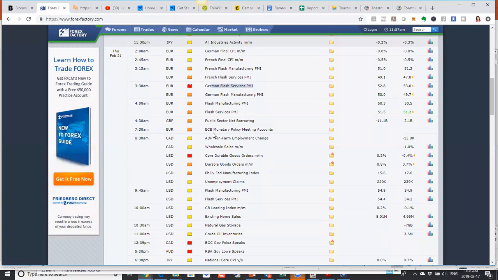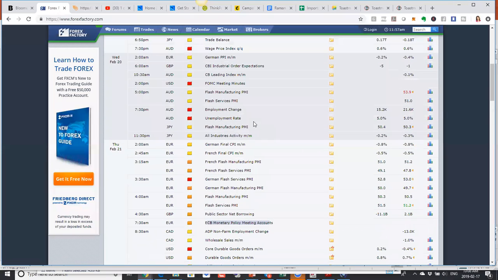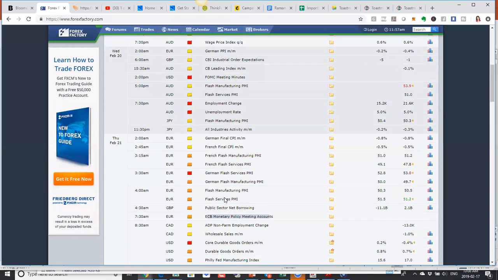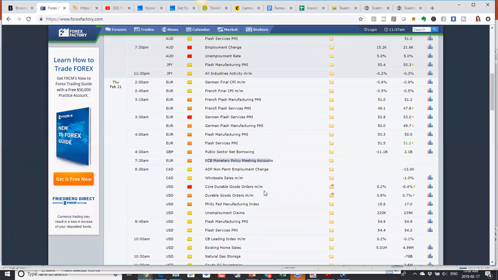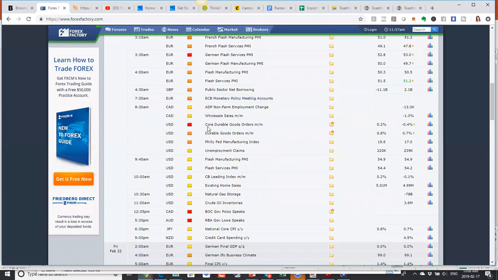And also coming up, we have the ECB monetary policy meeting minutes. Again, this news is marked as orange, but in my opinion, this should be red because it is very important. Anytime the ECB puts out stuff, so this is just like the FOMC meeting minutes we saw earlier, they are the same. So these will be important and will have an impact on the euro. Again, it's the commentary, what they're discussing in their meetings. That's what we are after here.